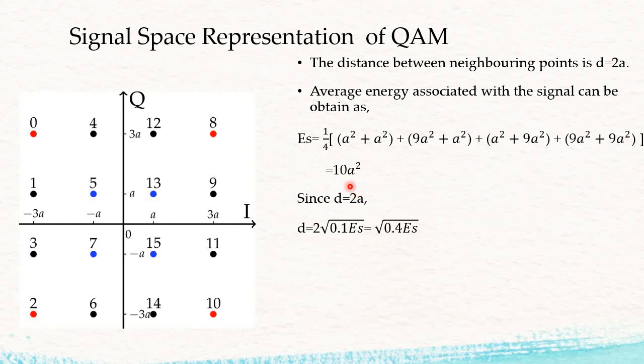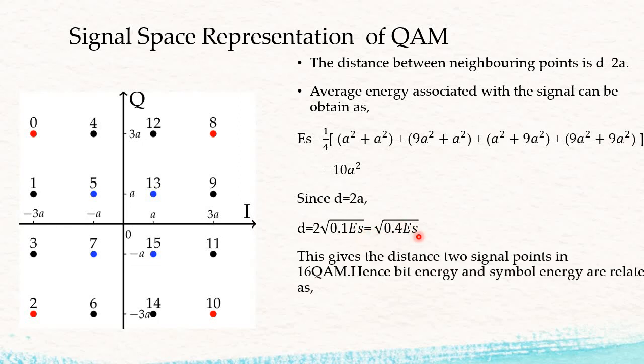See, your A value from the above equation is nothing but under root of 0.1 ES. So that's what I have written over here actually. I have just skipped some steps and directly switched to the next step. So your D comes out to be, by putting the value of A from the above equation, 2 under root of 0.1 ES. So the 2 is outside. If you shift this 2 inside the square root, it will become 4. So the 4 into 0.1 comes out to be 0.4 ES.